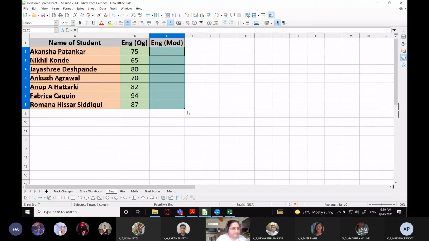You already know how to refer to cells in the current sheet, right? Like for example, I want to reference this particular cell. So what will be the cell reference? Tell me. What will be the cell reference of the selected cell? It will be H7. H7, right. What will be the cell address of this cell which contains 65? B3. B3. Very good. Okay, so you already know how to refer to cells within the current worksheet.